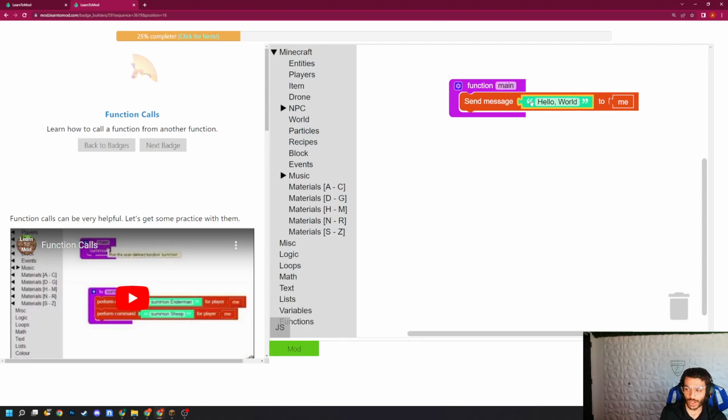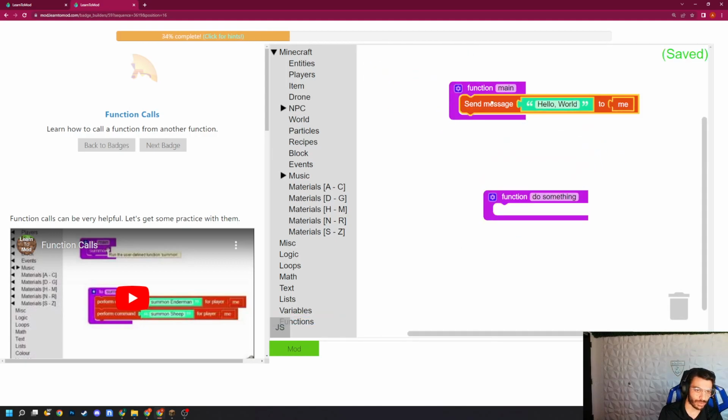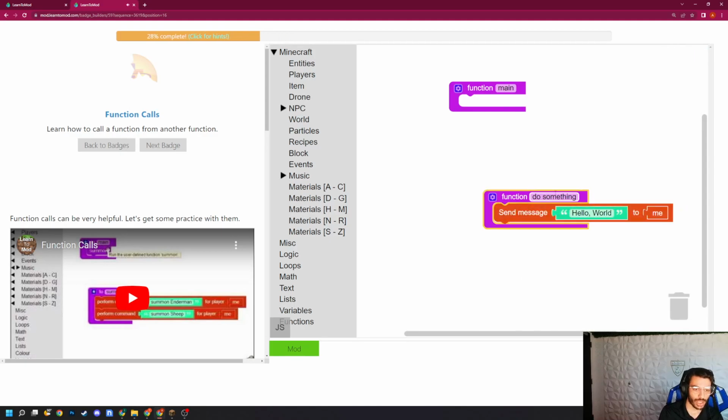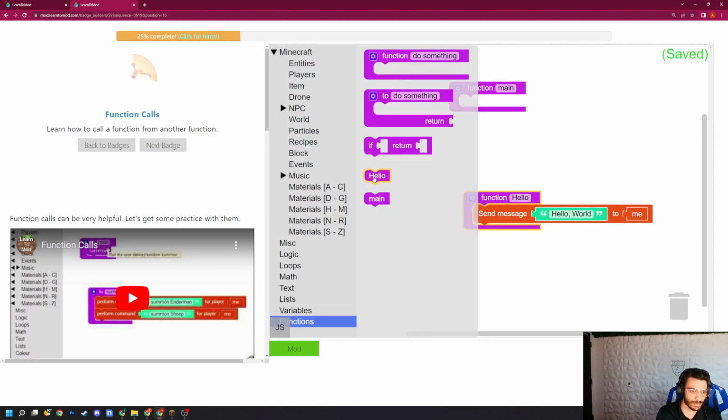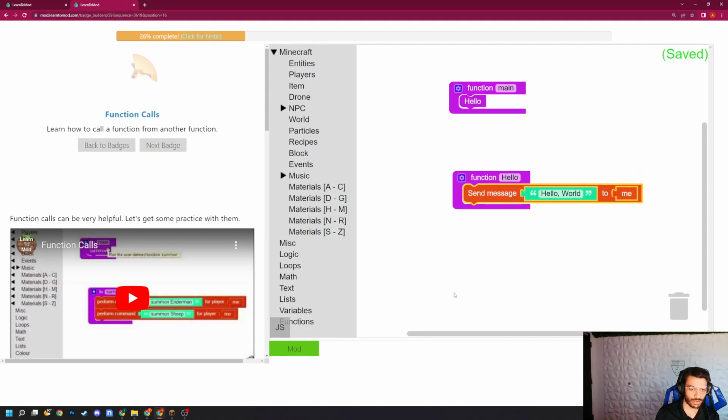Okay, now the next question you should probably be asking is, well, how can I create other functions to run into my main function? So let's look at an example. Here, I'm going to go ahead and create a function, call it hello. And then what I can do is I can take the function name here, grab it, drag it into my main function, and this will run whatever is in here. In this case, it says send message hello, and it runs into my main function here. This programming technique is known as a function call and is extremely valuable and extremely effective because it aligns with